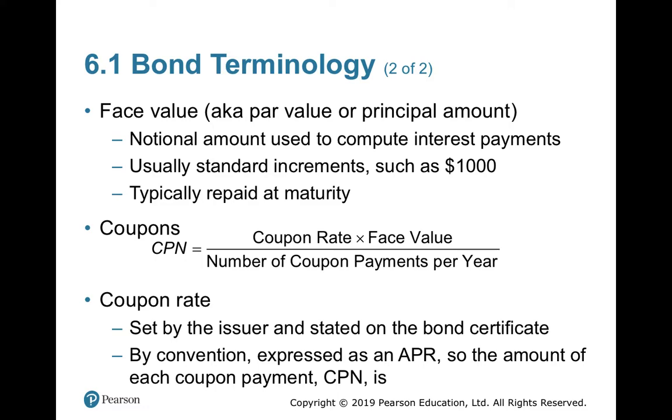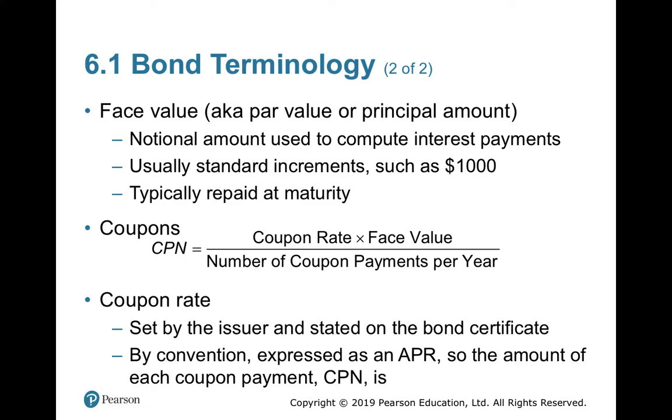Then what will be the coupon amount? 10% multiplied by 1000 is equal to 100, divided by number of payments in a year. So divided by 2. So 100 divided by 2 is equal to 50. Every 6 months the company will pay $50 as coupons. Again, 10% coupon, 1000 face value: 10% multiplied by 1000 is equal to 100, divided by 2, 50. Every semi-annual or 6 months, $50 will be paid as the coupon.